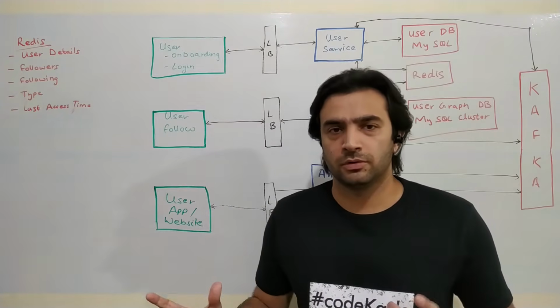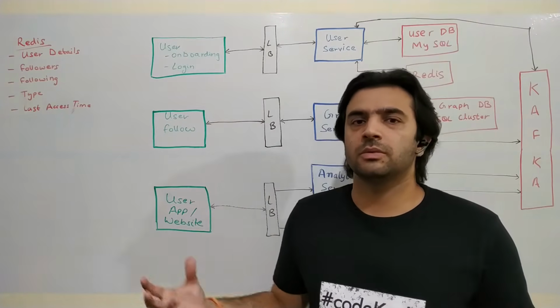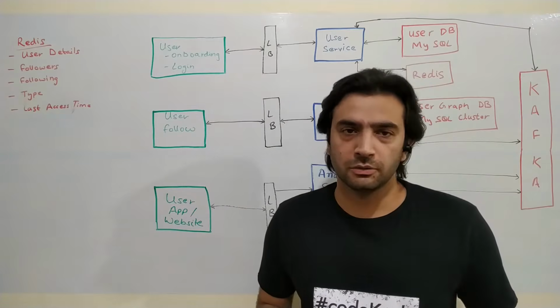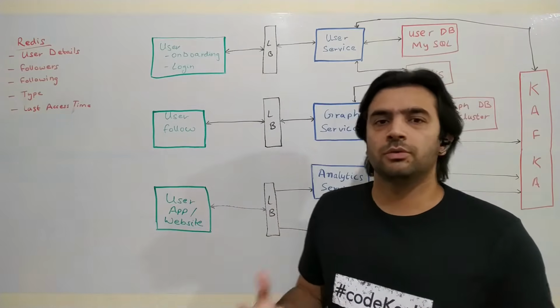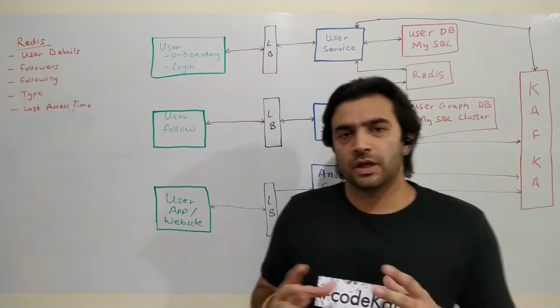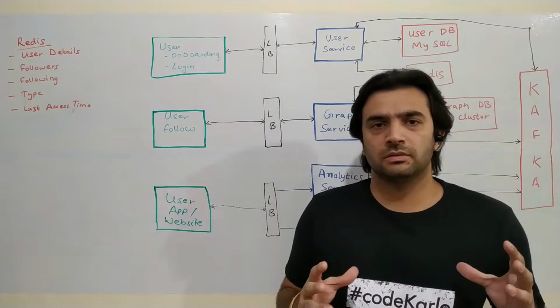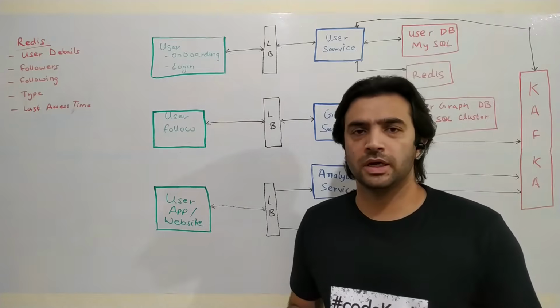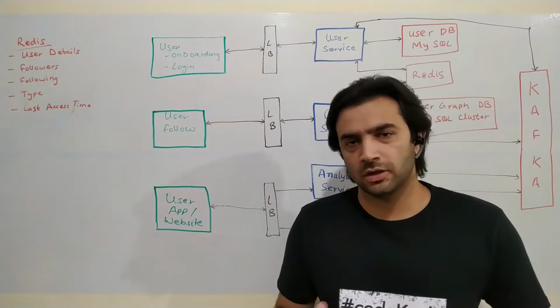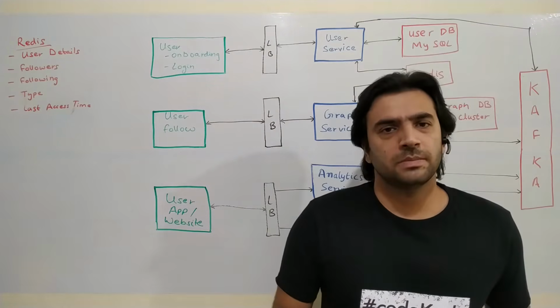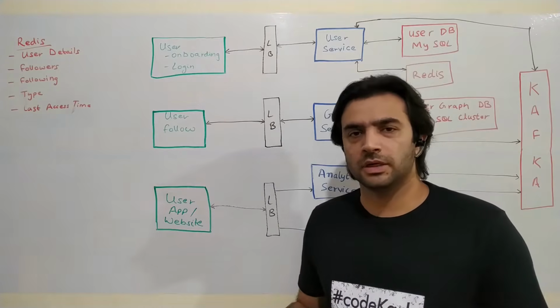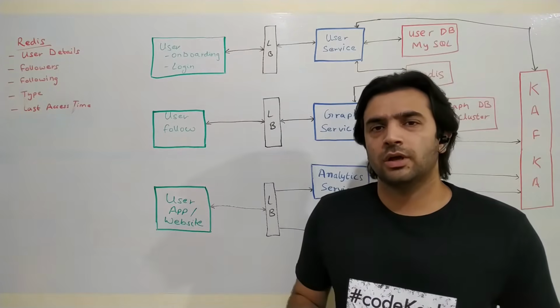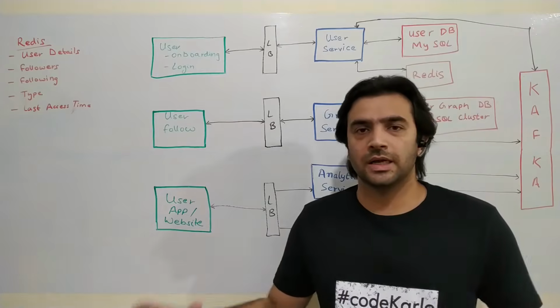That user service will also power a lot of internal tools and APIs required for serving internal tools. So for example, if some other service wants to get information about a particular user, they might want to query user service. Now, as far as the APIs are concerned, it has a set of get APIs to get by a particular user ID, to get by email ID, and all of that. It will have some post APIs to update the details of a particular user, and it will also have a very important bulk get API.